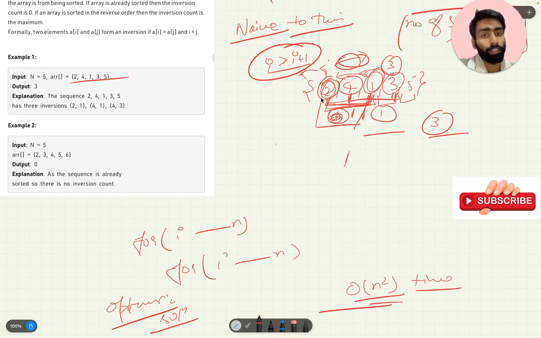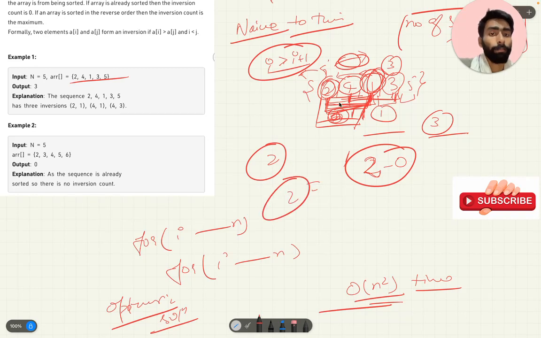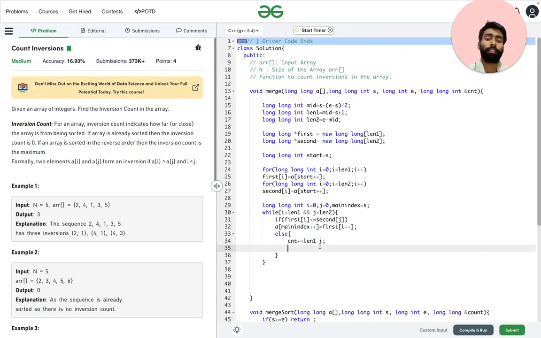So here 1 and here is 2. The number of swappings required to get there is 2. Why? Let us take its index minus its index, equal to 2. And if we see this technically, then also 2 swappings are required. That's why we are writing this len1 minus i. This will return that 2 if in some case that is required.